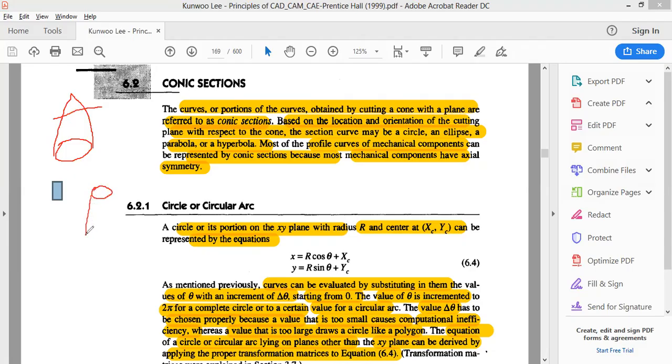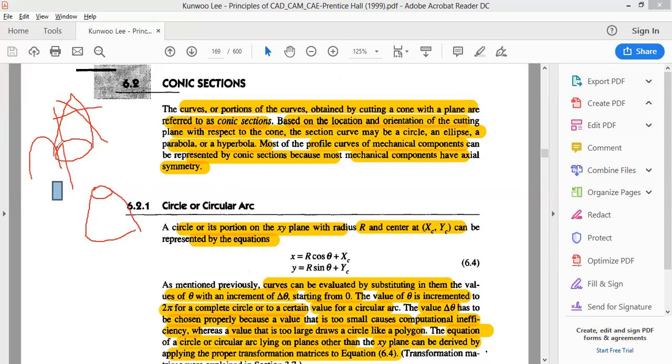And this will be the base of the circle, right? So if we slice it perpendicular to one plane and parallel to the other plane using the sectioning plane, anywhere along the height of the cone we will be able to get a circle. It's the same thing. If we cut it along like this, then we will get an ellipse, right? And similarly we can get a hyperbola also, right? If we do it like this, whatever shape we get over here will be like a hyperbola. So all these things can be obtained.